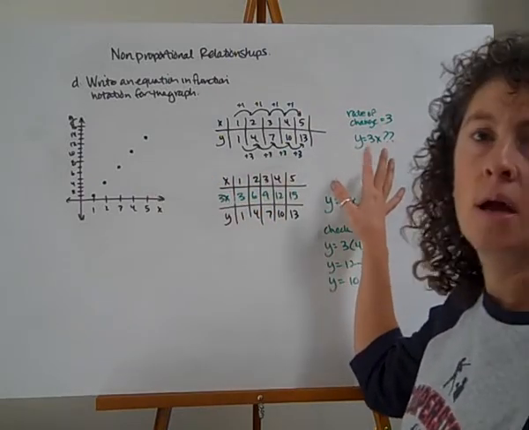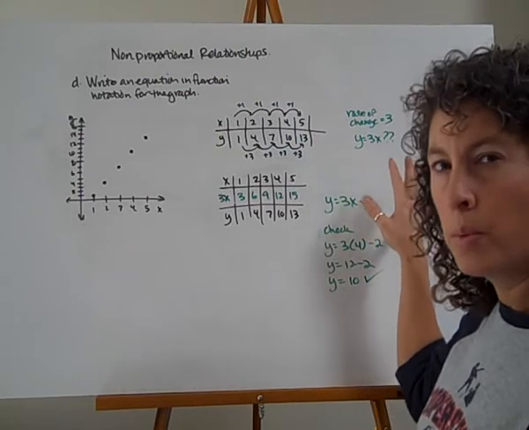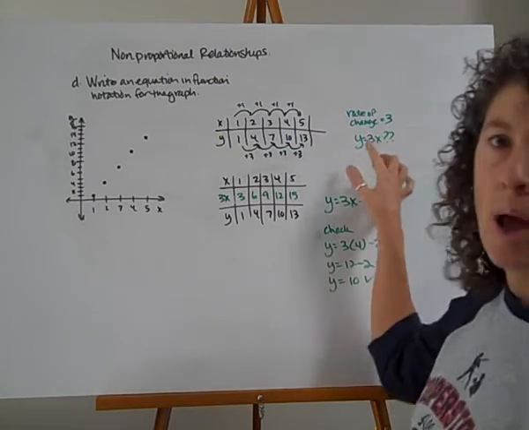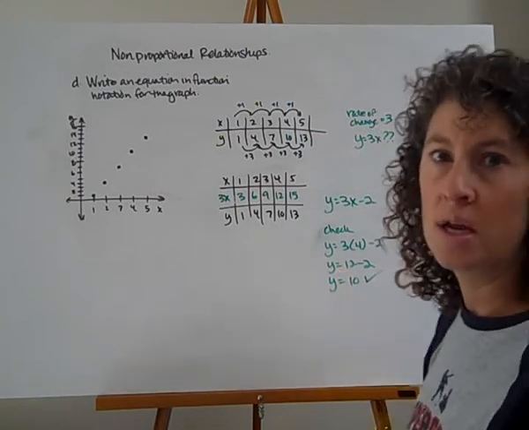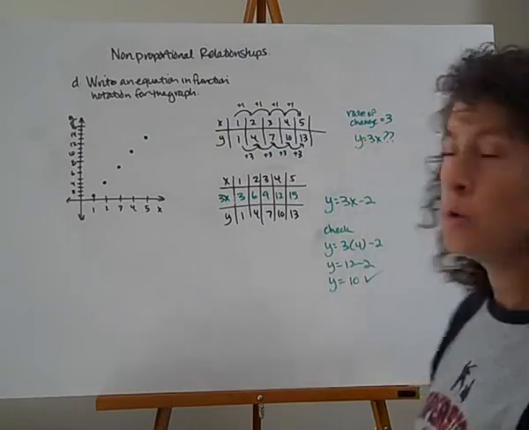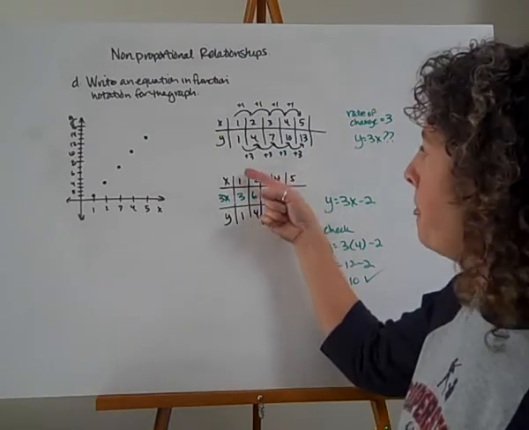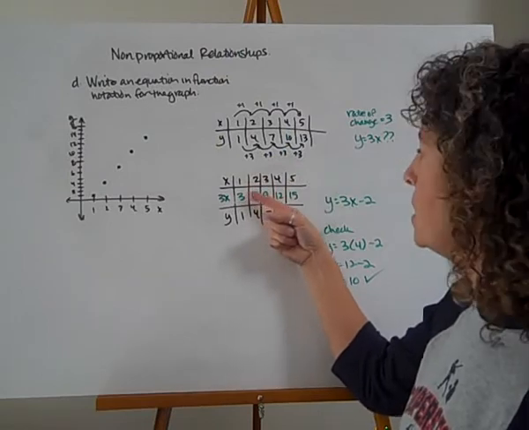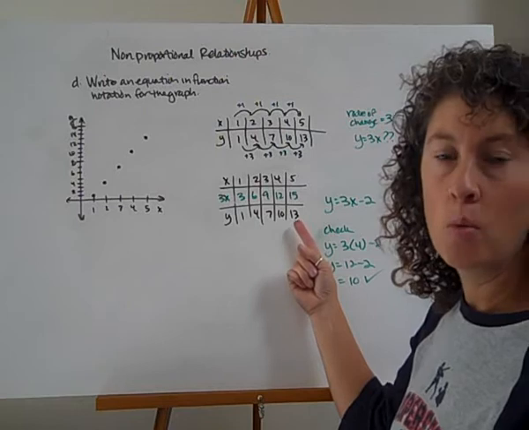So I'm going to plug that in where my slope goes, where my constant or my rate of change goes in those proportional relationships, and see what happens. I'm going to test this out. Again, you always want to check your equations to make sure they work with the data you've been given. So I'm going to try out y equals 3x. So when I put that back into this table, when I take my input and multiply it by 3, these are the numbers I've come up with. They are not my output that I want.